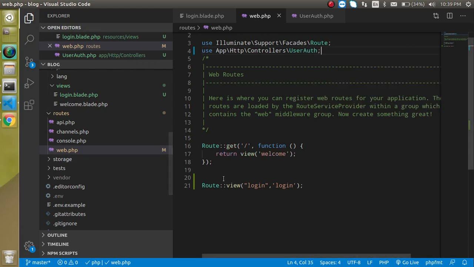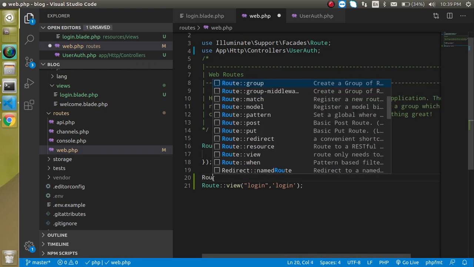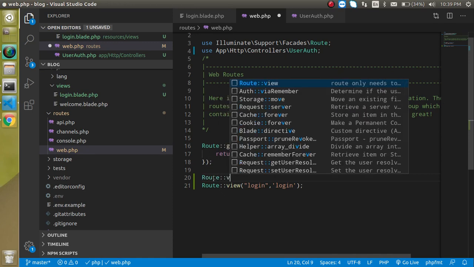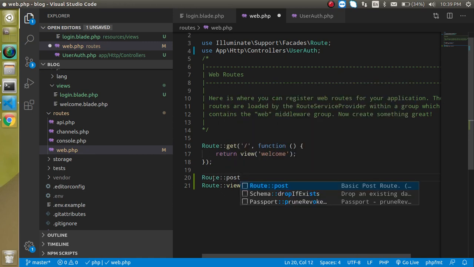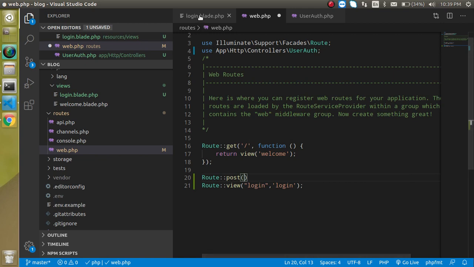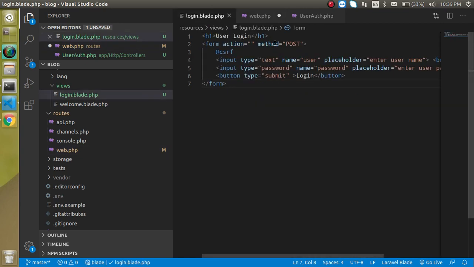And now let's make a path for it. Just write here Route::post. Why did I write post? Because in the form we are using the post method, right?